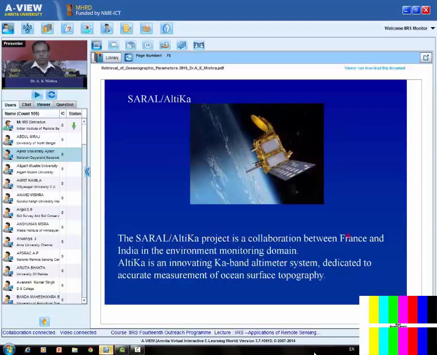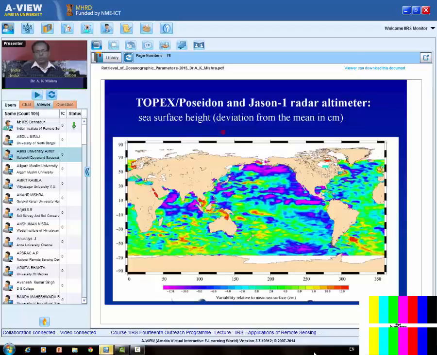The SARAL AltiKa project is a collaboration between France and India in the environment monitoring domain. AltiKa is an innovative Ka-band altimeter system dedicated to accurate measurement of ocean surface topography. The Ka-band is free of ionospheric effect. Normally, ionosphere attenuation creates a problem for other bands. So Ka-band is used for that, and the footprint of SARAL AltiKa is very small,